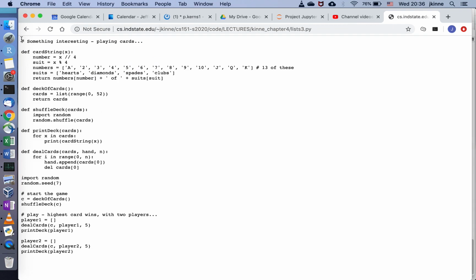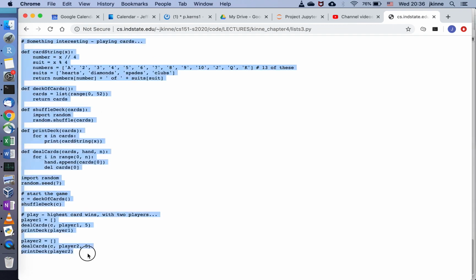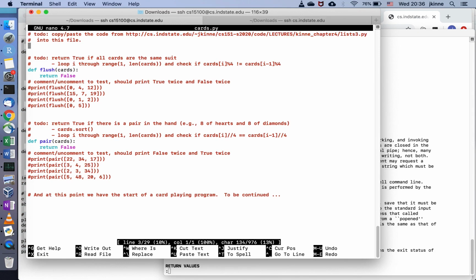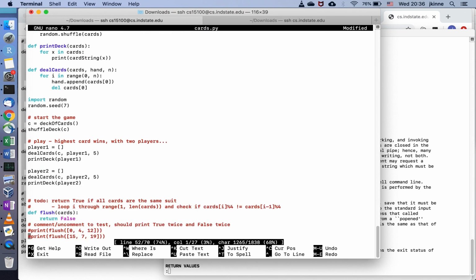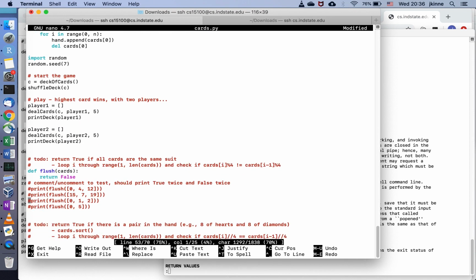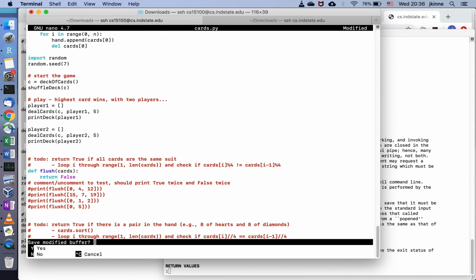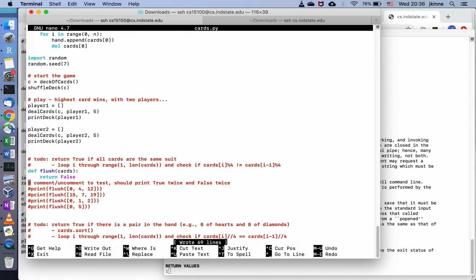Okay, so these are functions that we developed for playing cards, making a deck of cards and shuffling the cards. So if I just run the program like this, it'll do what we did in class, which creating some cards, dealing out 5 cards for 2 different players, and